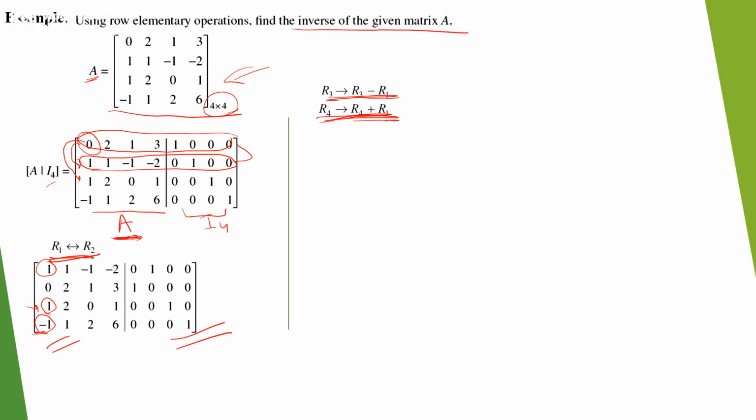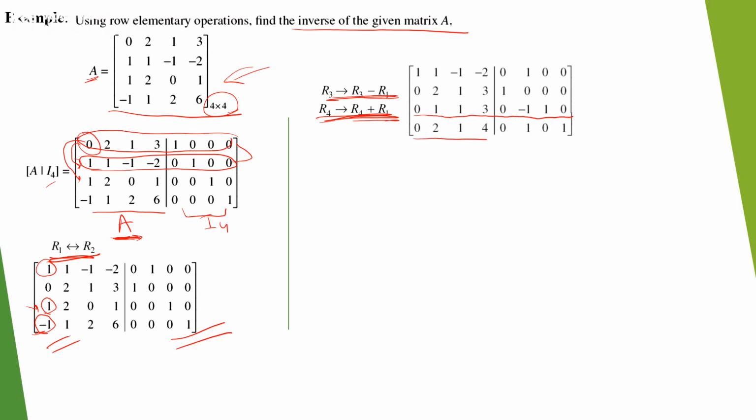When we apply this operation on R3 and R4, the matrix becomes: row 3 is 0 1 1 3, 0 minus 1 1 0, and row 4 becomes 0 2 1 4, 0 0 0 1